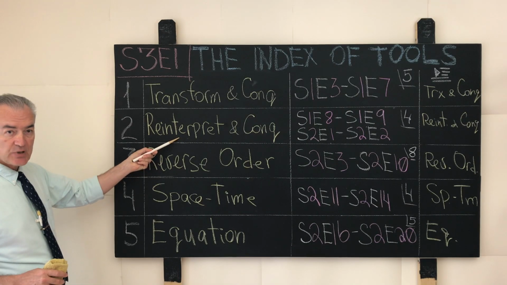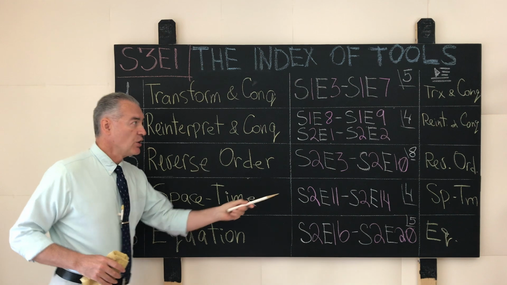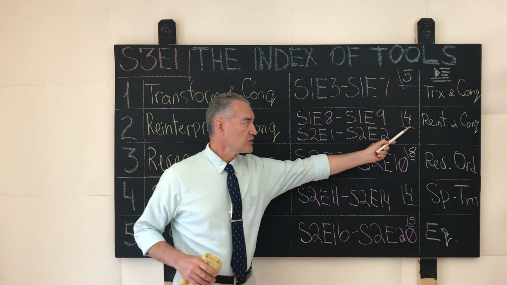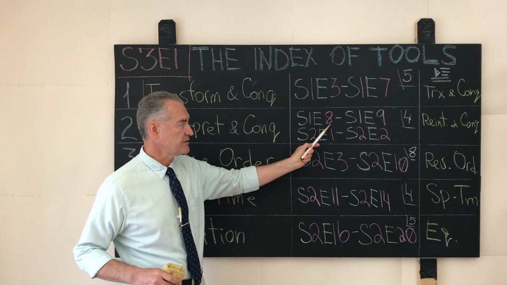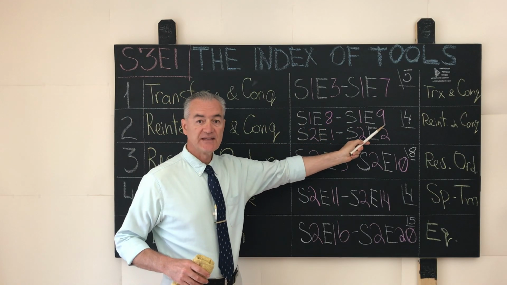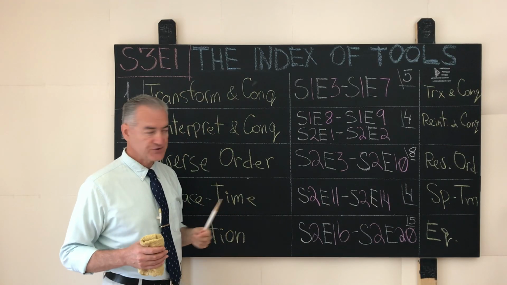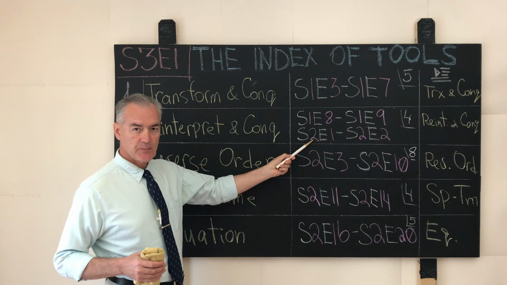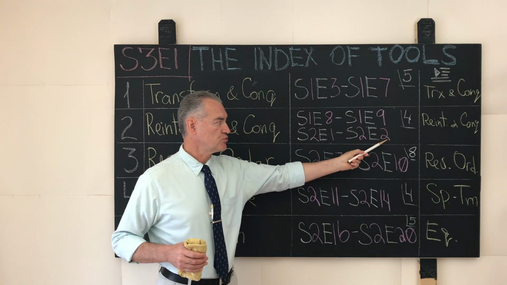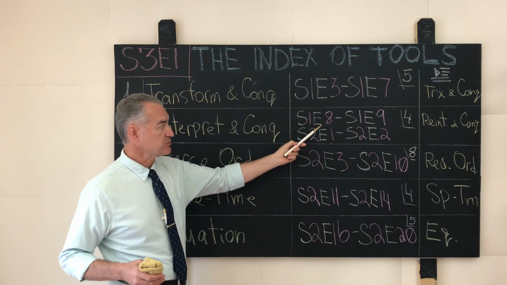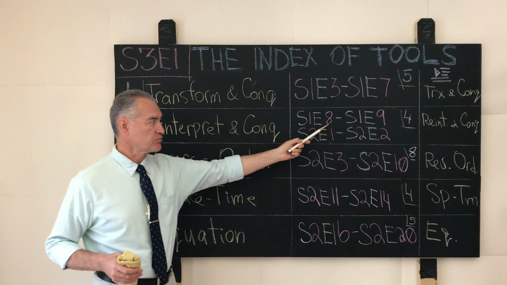The second problem-solving approach that we studied was called Reinterpret and Conquer. We did it across the following 4 episodes from Season 1, Episode 8 and Season 1, Episode 9. That is where our program for the first season ended. And then we picked up the material from Season 2, Episode 1 and Season 2, Episode 2. That means that I explained the mechanics of how the Reinterpret and Conquer problem-solving approach works.